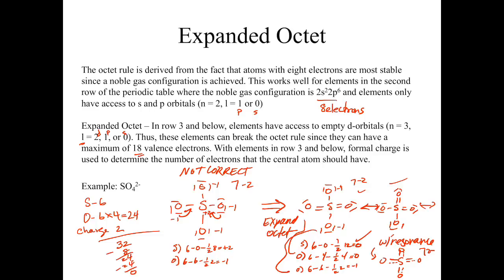But again, this is exactly what happens with SO42-. We see this sort of pseudo double bond distance. Not only does the spectroscopy, which is what allows us to measure that bond distance, show us that we don't have all single bonds, because we get a bond distance that's slightly smaller than a single bond, meaning that there's some double bond character to it, we actually see that all of the bond lengths are the same, which also is proof for resonance. So SO42- is a really great molecule because it demonstrates a lot of those principles, both resonance